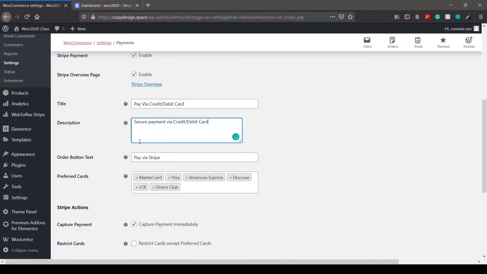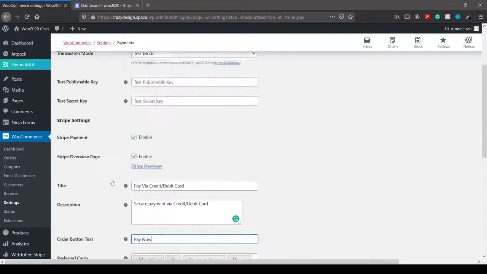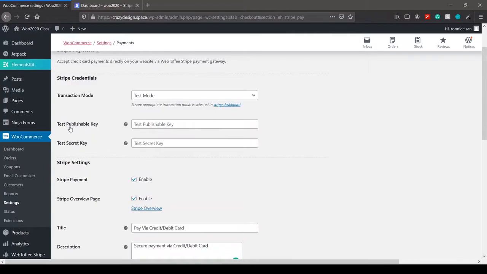Order button text, pay now. Preferred card, whatever these are, capture payment. Restrict card, no. Enable transaction receipt if you want to. Now go back up again, and we need the test publishable key and the test secret key.